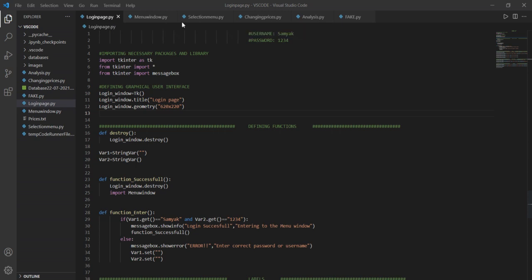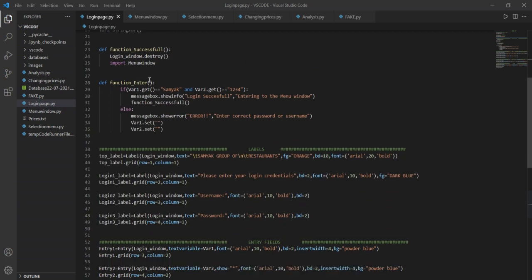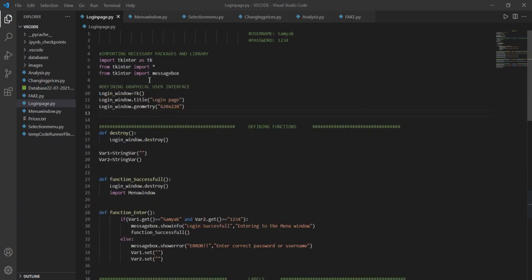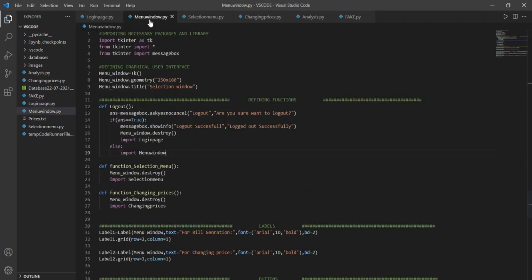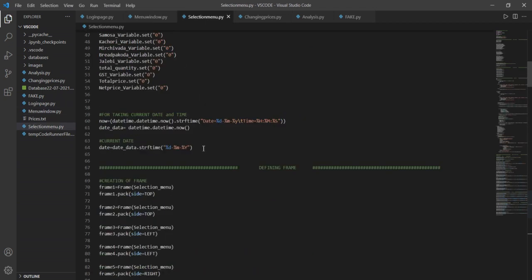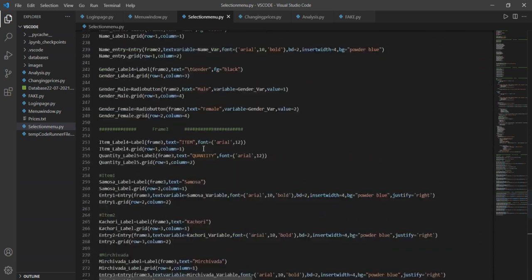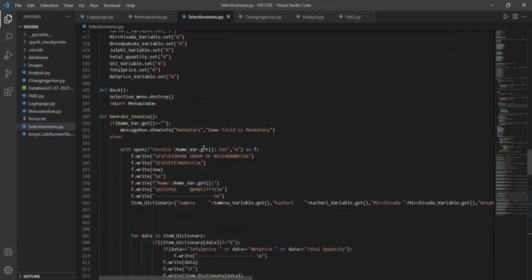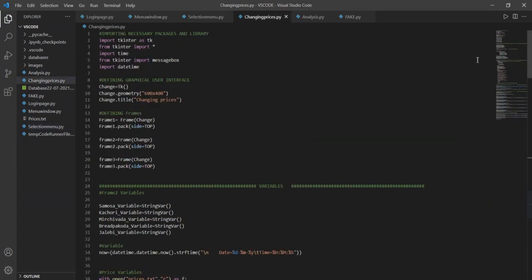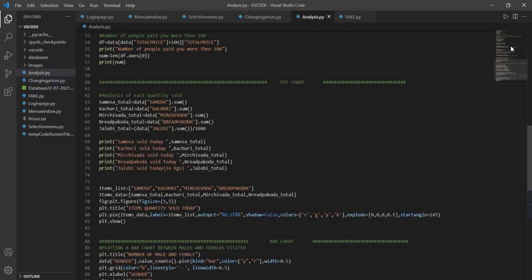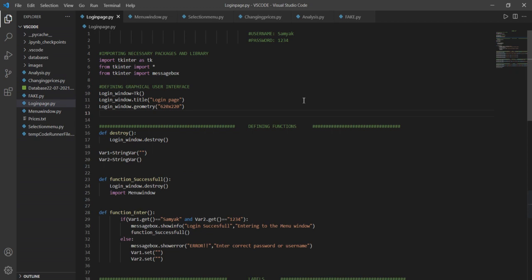The name of my project is Restaurant Bill Calculator as well as Invoice Generator, and it will also analyze our data which we feed. These are the pages, the pieces of code which I have written, and this will perform our task, and it will be updated in our databases. We can also change the price of the items which we have. We can analyze our data. So let's start by logging in.